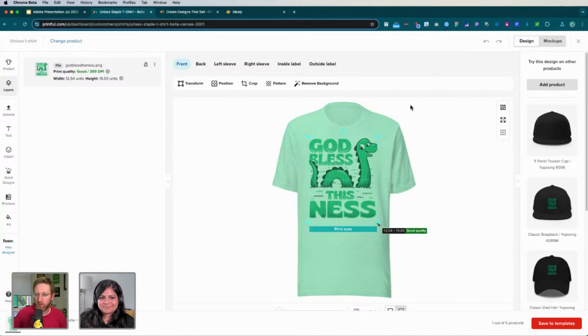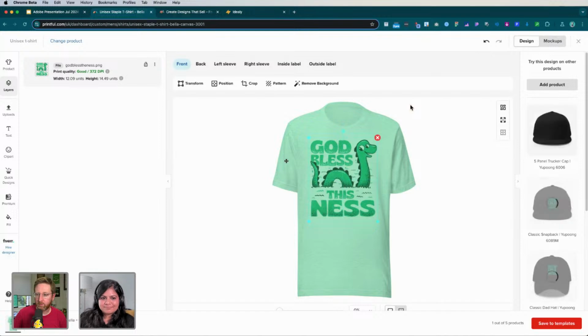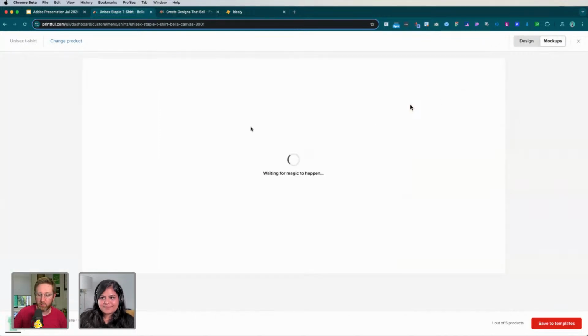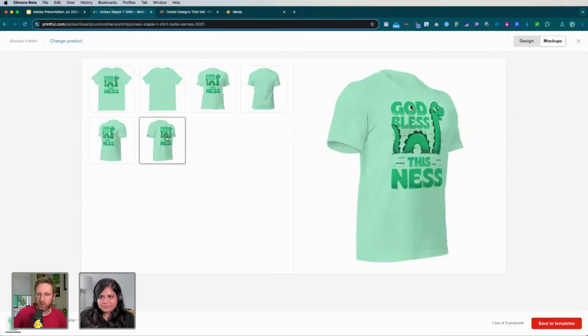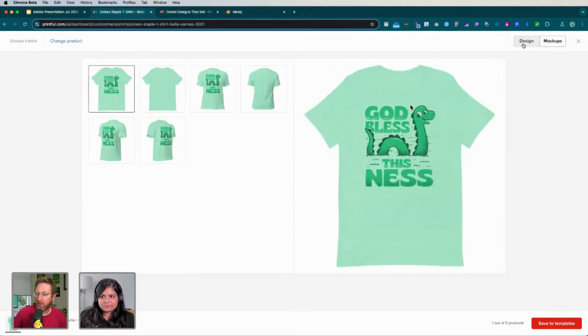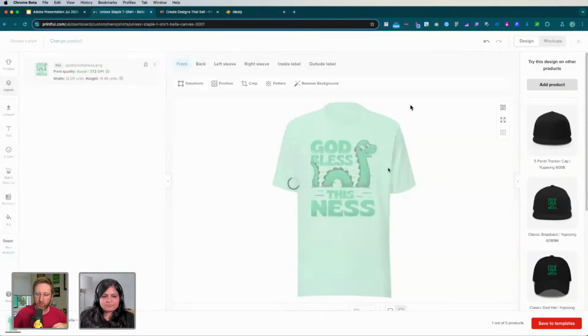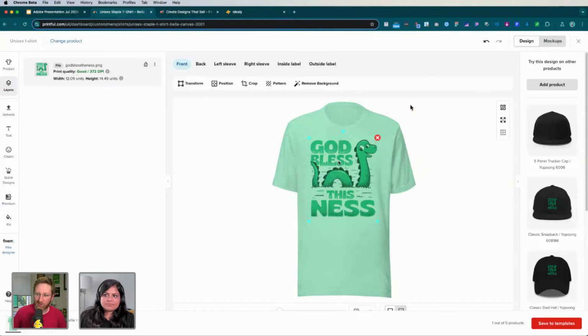Quite happy with that. You can see the sizes are about what we want. If we look at the mock-ups, you probably get a better picture of what they might look like on the actual design here. So it's going to look something like that. I actually find that the mock-ups tend to slightly underestimate the size of the print. Because this can look a bit small on the designer here, but when you actually get it printed, it tends to be a bit bigger than that. So yeah, this looks great.